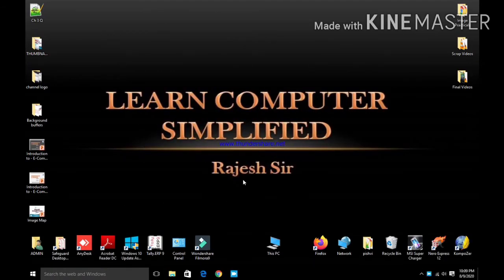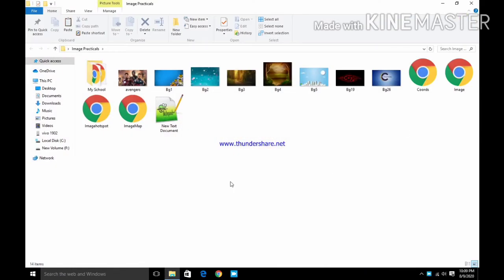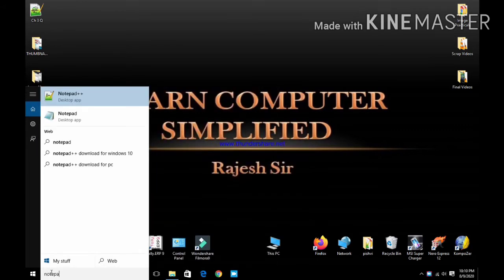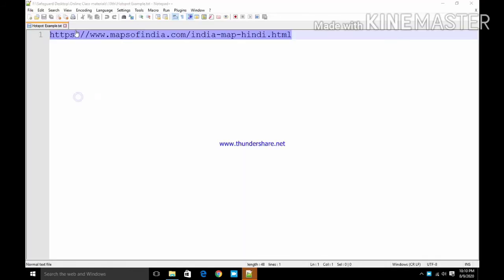Okay, so here, as we know, to start with the practical we have to create a folder. I have already created a folder over here. Okay, so we will create a page over here. So let's start with the notepad. Here in the first part we have to select the image and find the coordinates of different shapes. So here I'll create a page, HTML,